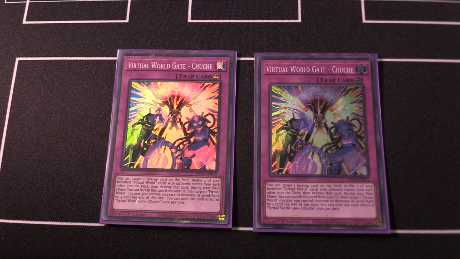Not only because it brings Shenshen back, but also it makes Chuche alive pretty much all the time. So 2 copies of Chuche is very important for that, but I also stress that Chuche is very good to run multiple copies of because it has another effect in the graveyard that you can banish Chuche from the graveyard, target 1 virtual monster on the field, and you can either increase or decrease its level/rank by 3 until the